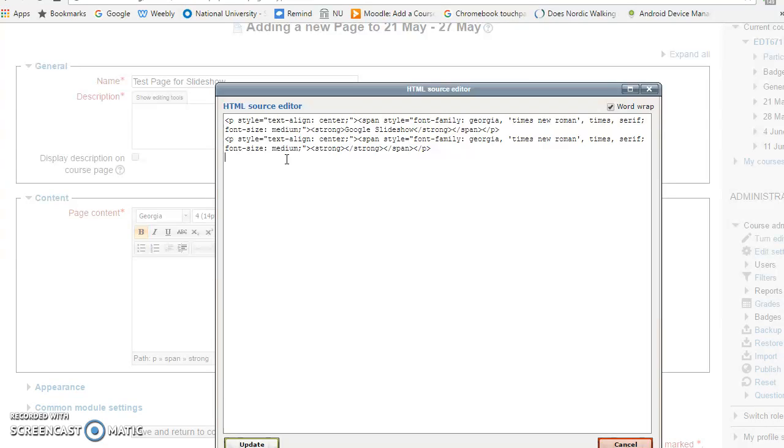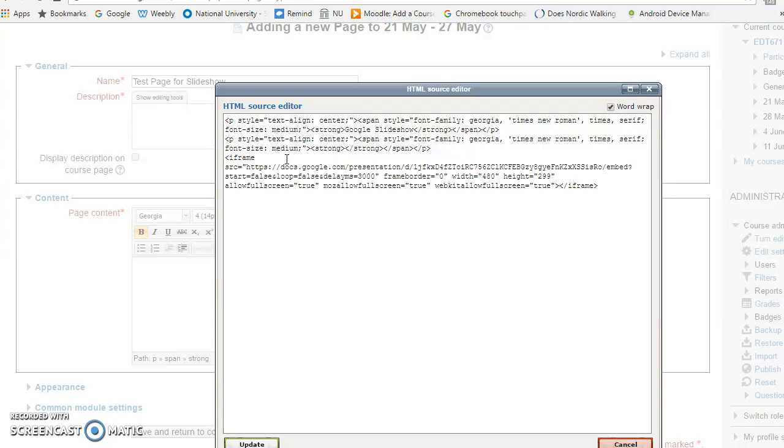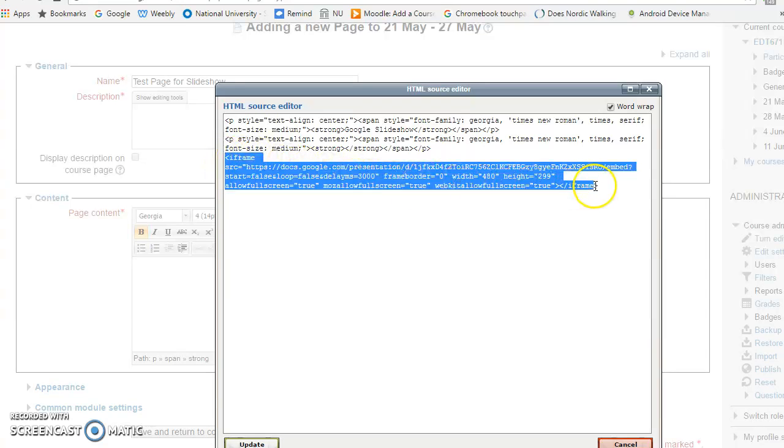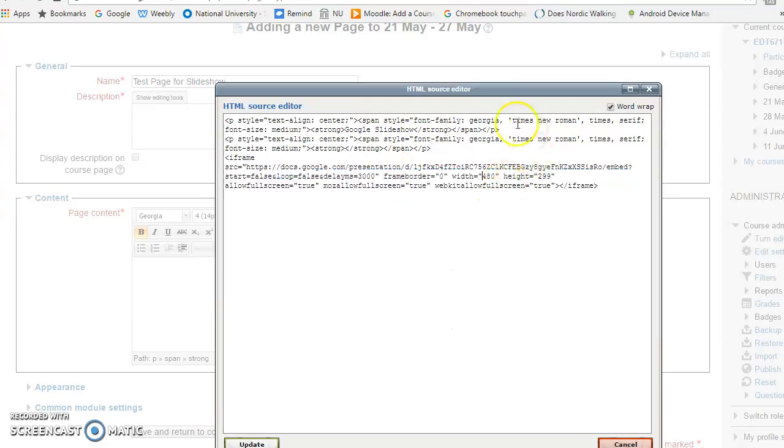Then I'm going to say Control-V to paste. And you'll recognize this if you looked at it carefully. This is the embed code that Google gave me when I said I wanted to embed that into another page, okay? And then just in case you forget, or if you want to really customize this, if you want to change the